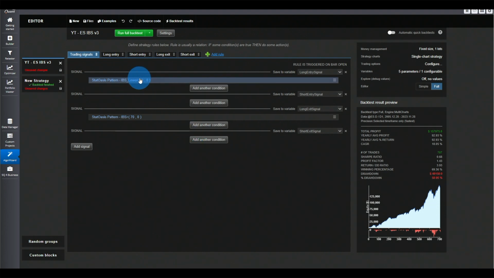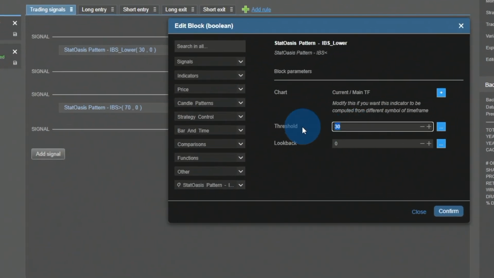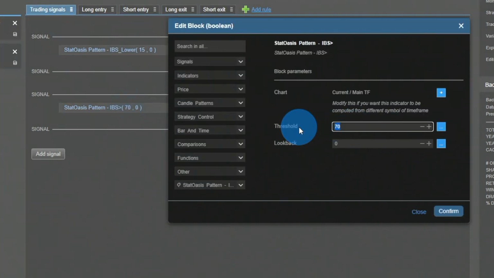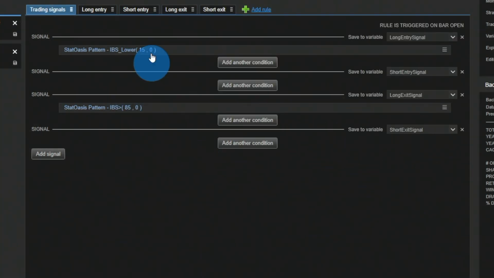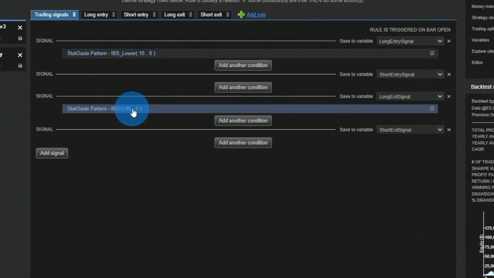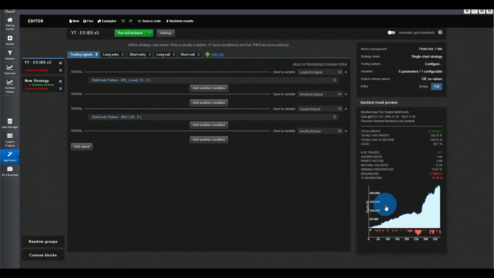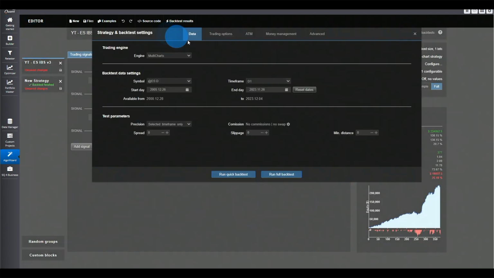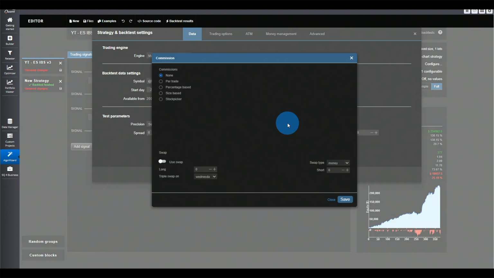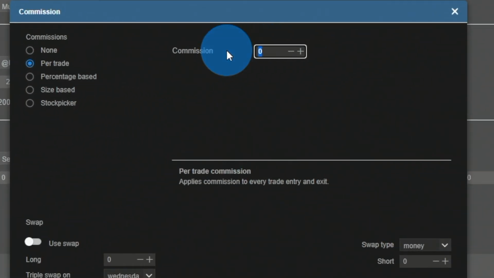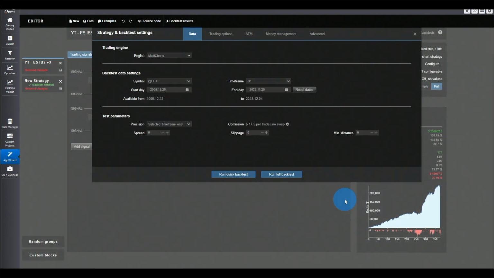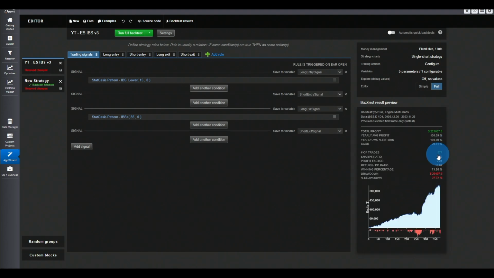So if we go back here now, and if I pick, let's say 15 and 85, so that is below 15 and above 85, run the backtest, and let's look at our strategy. Now we can easily add slippage and commission. Let's go to settings, and we can add per trade. This is 17.5, so this is including commission and slippage for the S&P. If we run it again, 377 trades,